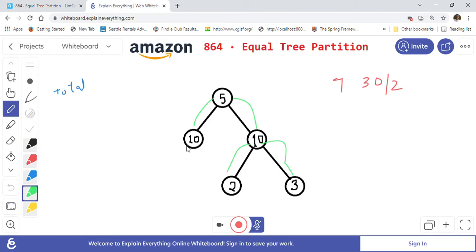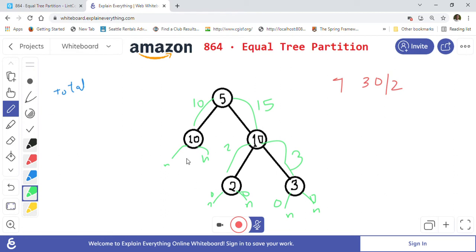So when it reaches 10 it will again call on the left side and right side. Here it will get null, so it will return 0 to 10. And when it calls on the left and right of 2, it is null here, it is null here, so it will return 0 to 2. Now 2 will return 2 to 10. 3 again has a null left child and a null right child, so it will return 0 and 0. So 3 will return 3 to 10. The total will be 15, and 10 will return 15 to 5, and this 10 will return 10 to 5. So that is how the recursion works.